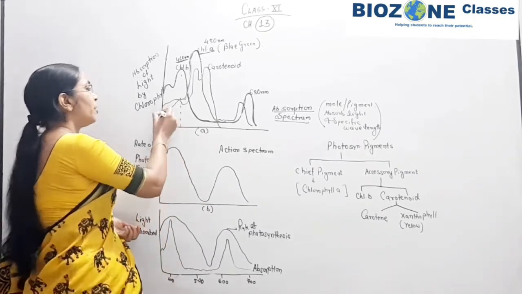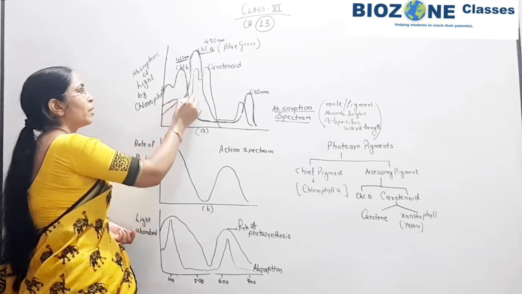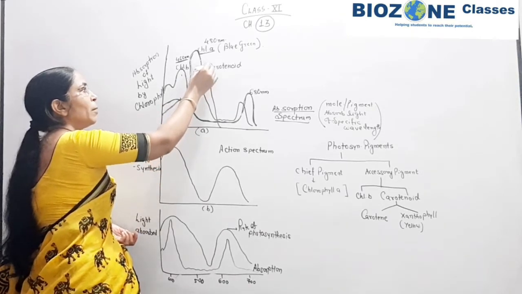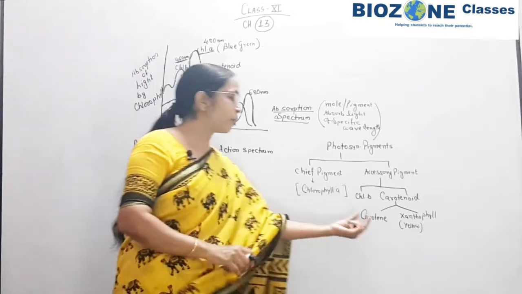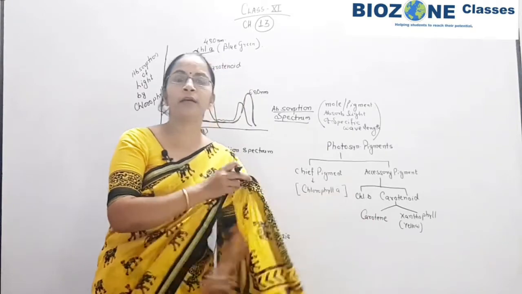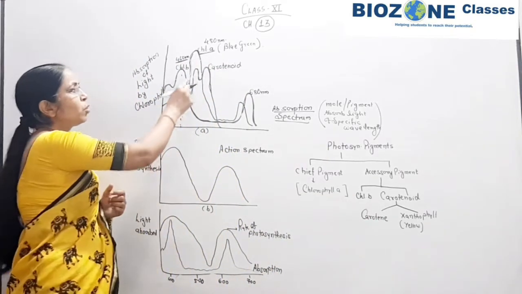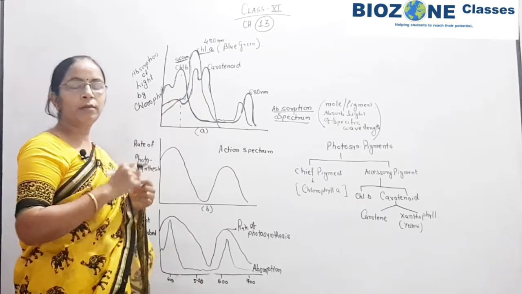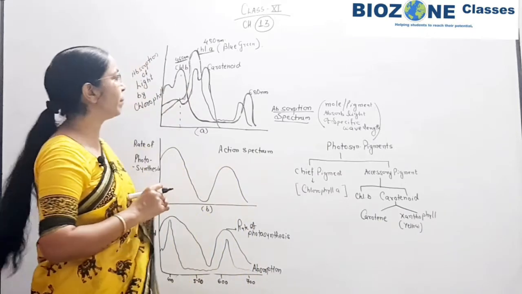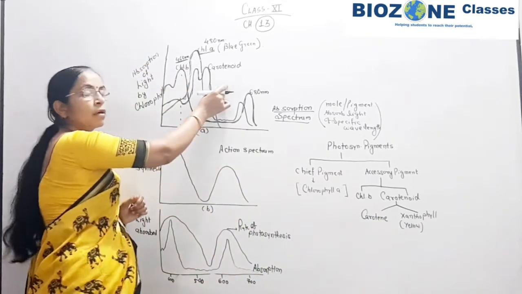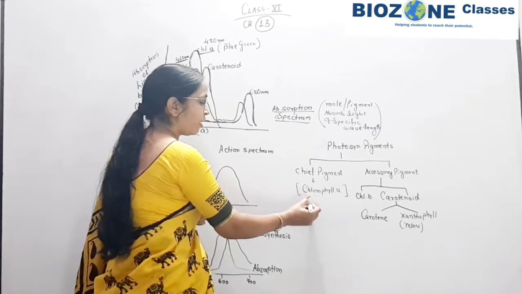Then the third, yellow color line provided in NCERT, where two clear peaks appear one by one. Why are two clear peaks there? Because we have two types of carotenoid pigments. One is carotene and the second is xanthophyll, and for them two separate lines, two separate peaks, are there. So this part you remember. Now when we come towards the colors of the pigment, you remember the chlorophyll A.